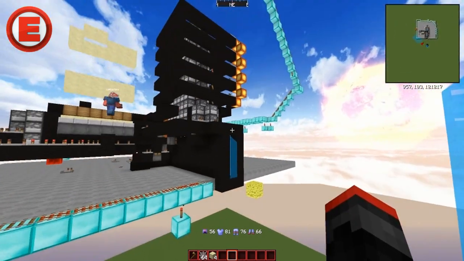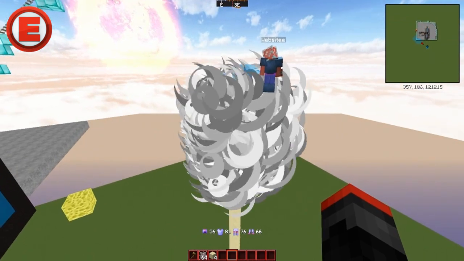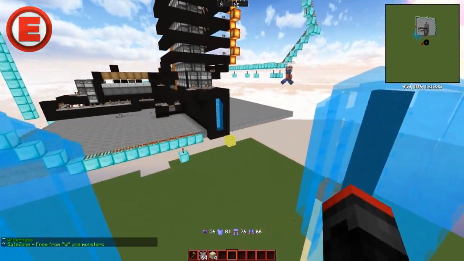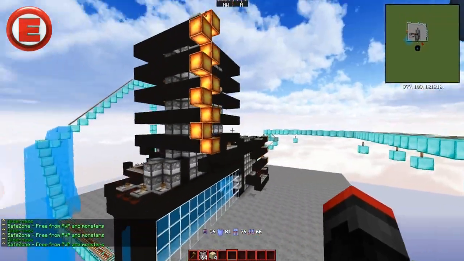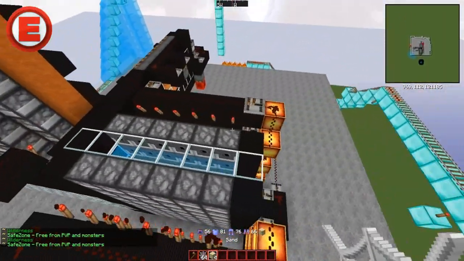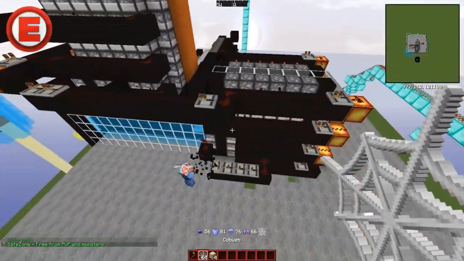Okay, fire. As you can see, it pushes it into the barrel, shoots it out, and it didn't work. That's embarrassing. Oh, okay. I think I know why. I'll restack the sand. Well, usually you have to do some fiddling with the timings and stuff like that, so...